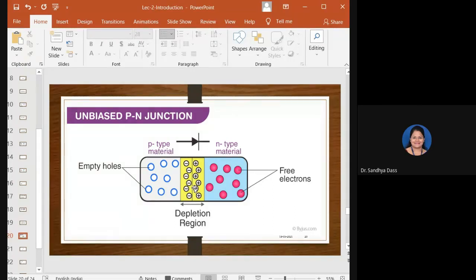So what do we mean here? When the electrons move towards the p region, they cancel the positive charge of the holes there, and the holes that move towards the n region cancel the negative charge of the electrons on this side. This diffusion of holes and electrons, as an electric current, is referred to as recombination current, right? This recombination process decays exponentially with both time and distance. That means what? It is maximum at the junction.